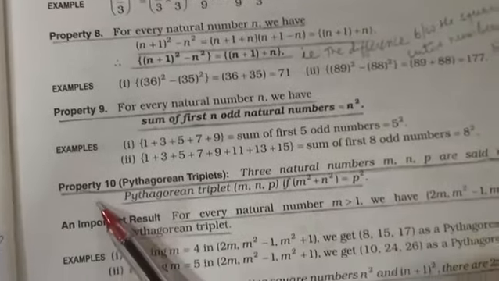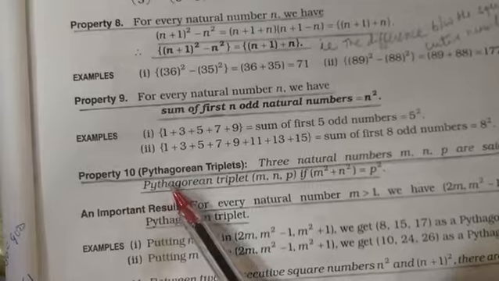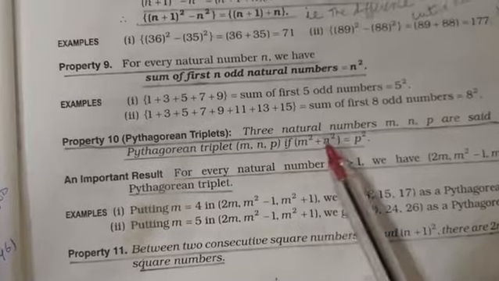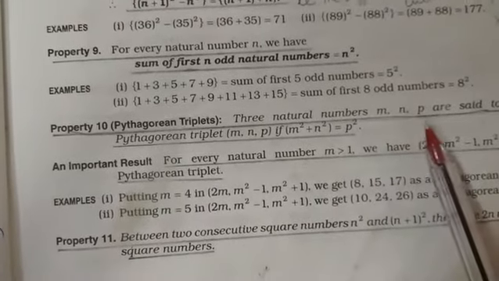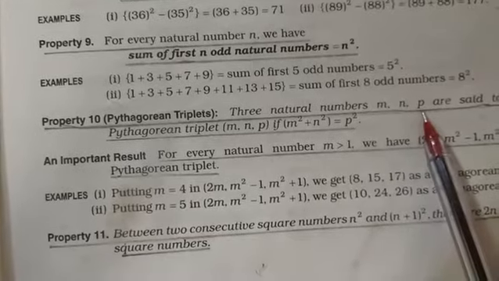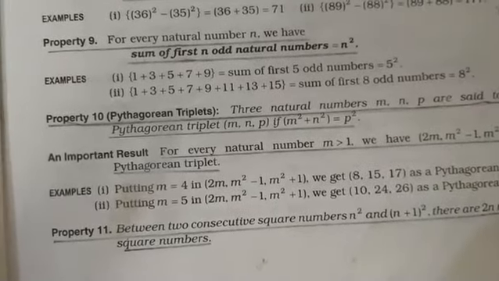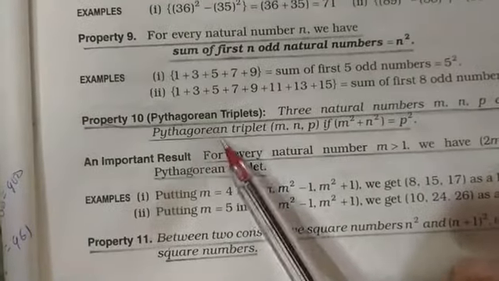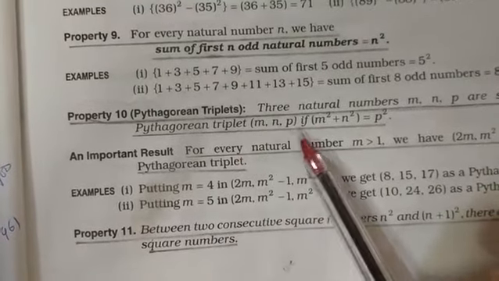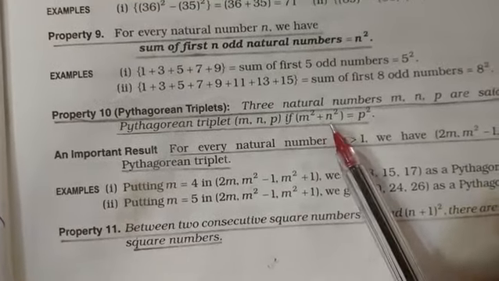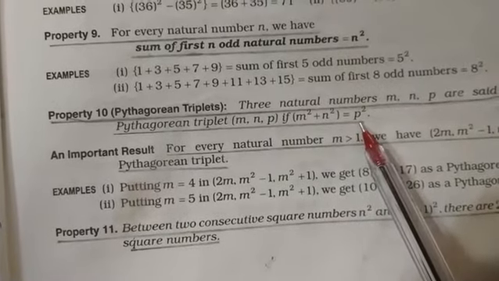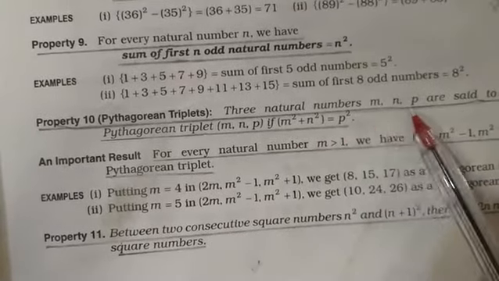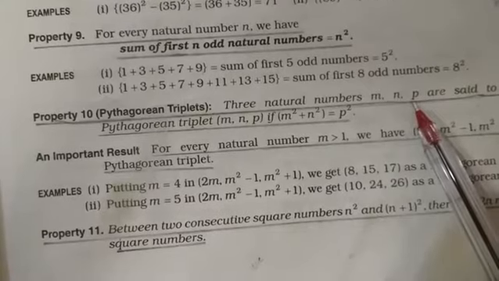Now the next property is property 10, Pythagorean triplet. Three natural numbers m, n and p, these can be any three natural numbers from 1 to infinity, any numbers you can take, are said to form a Pythagorean triplet if m square plus n square must be equal to p square. If they satisfy this condition, then they are said to form a Pythagorean triplet. For example,